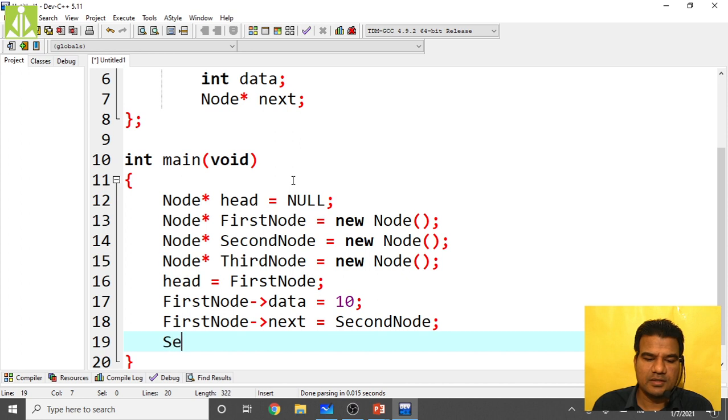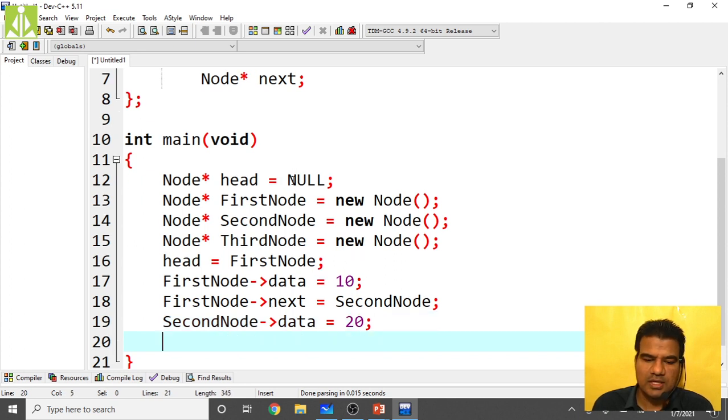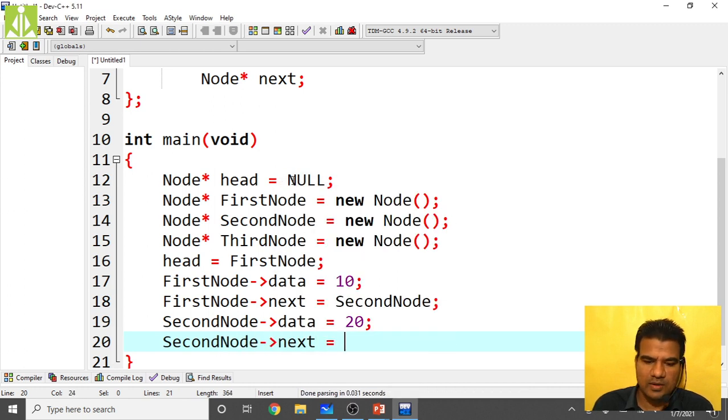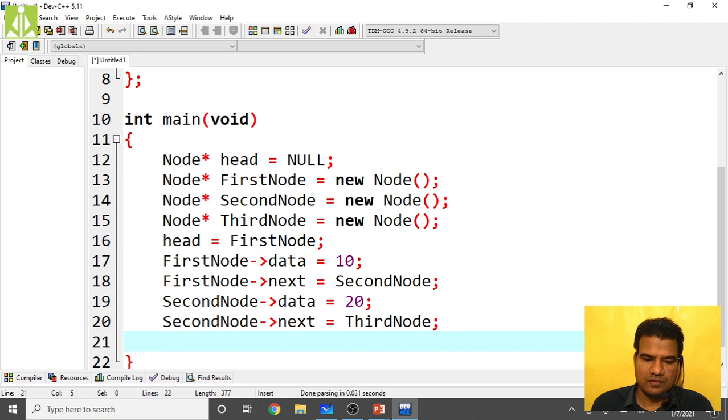Okay, then second node's data equals, let us say, 20, then second node's next, okay, D is missing over here, second node's next equals third node.